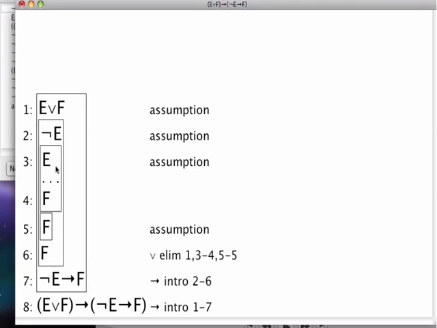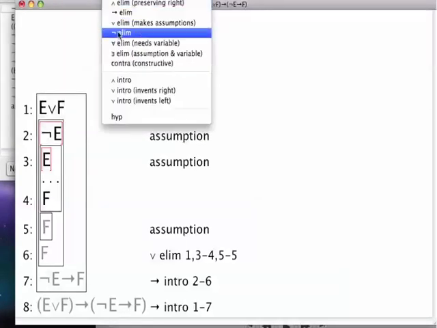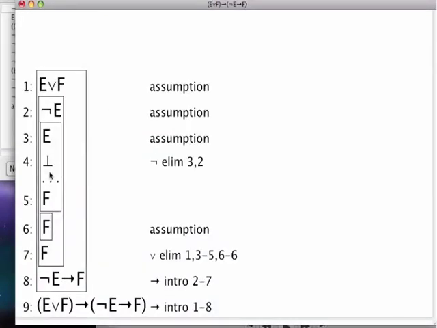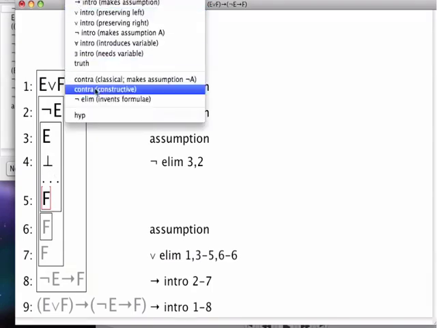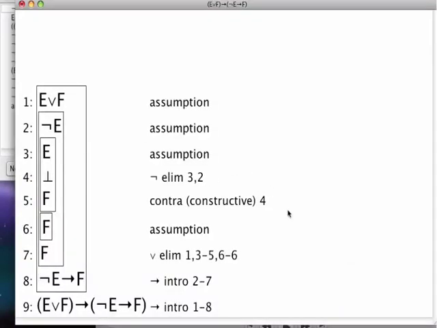Anyway, so the only line we have not justified is line 4, we need to get to F. But the point here is that if you look at what we have, we assumed E, we also have E and not E, so these two together obviously give a contradiction. And now we can use the constructive contradiction rule, because from false we can conclude everything. So if I do it backwards and do constructive contradiction, we get this proof. That was the same proof essentially, except for that one extra line I got when I did it by hand.